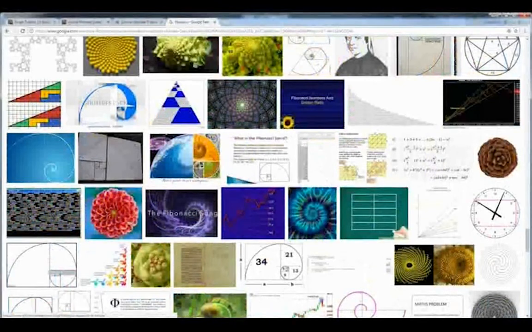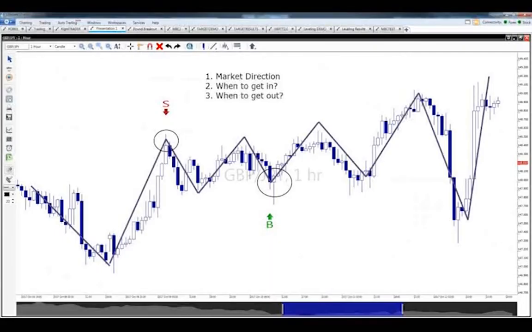Well, what we've learned to do very, very successfully is approach the currency markets with the Fibonacci sequence of numbers. It's called the golden ratio, because as I've talked about, the currency market moves in these wave-like patterns and does the same thing over and over and over again. And what we use is Fibonacci's to help us determine where the market's going to move based on where it's been in the past through what are called Fibonacci retracements and extensions. We use larger term time frames for direction with the Fibonacci's. We use smaller time frames with Fibonacci's to determine when to get in and when to get out, okay?